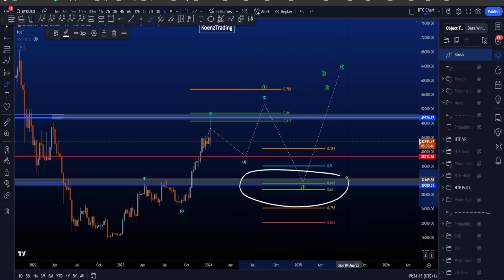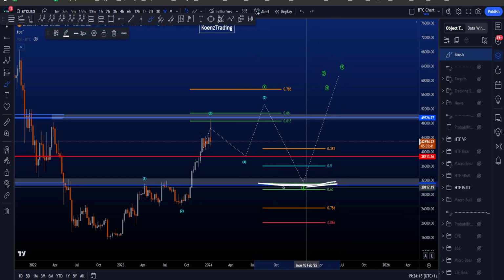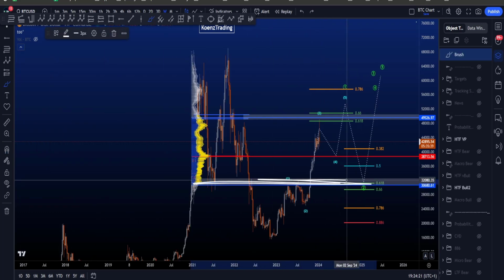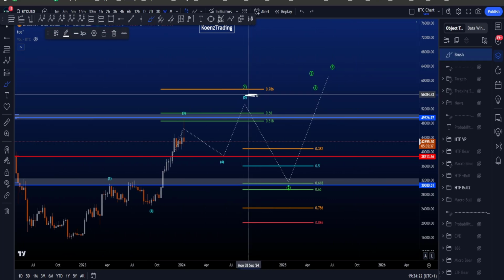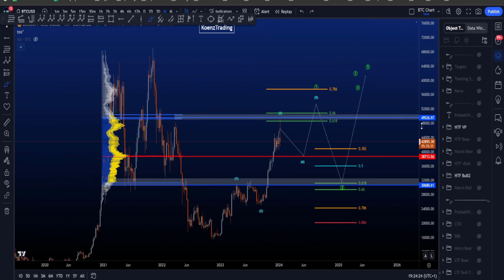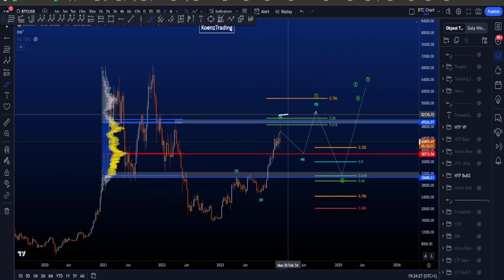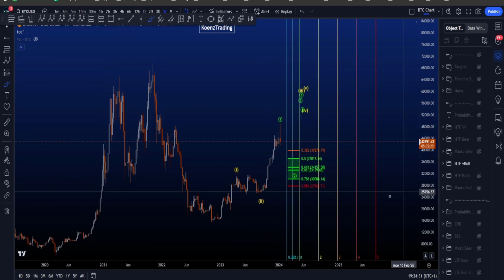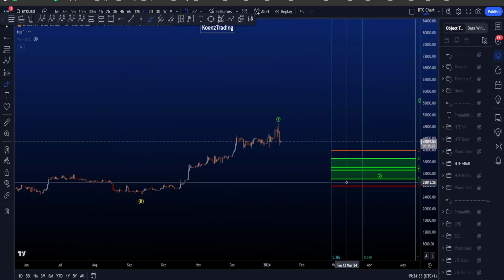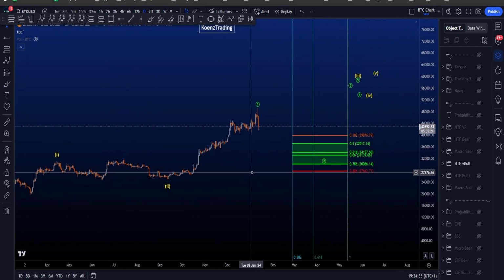And you can now see that the golden pocket here is in confluence with the value area low and the big support resistance area here if price can make it to around 55 to 57k. But of course we have to wait and see what happens locally, which is what the daily update videos are for. Now the second scenario I want to share with you here on the daily chart is then a double 1-2,